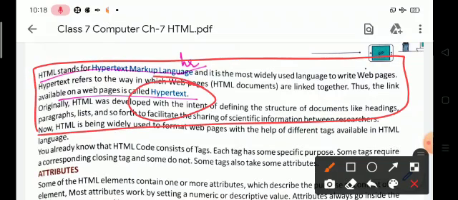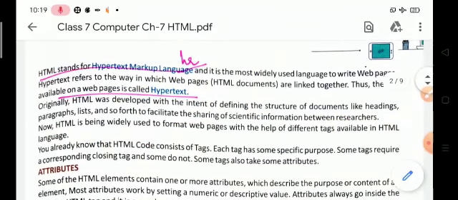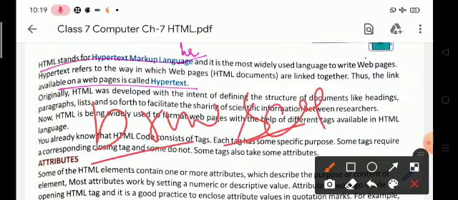Here, hypertext refers to the hyperlinks that an HTML page may contain, and markup language refers to the way tags are used to define the page layout and elements within the page. It is also known as browser language, because a browser can understand this language.